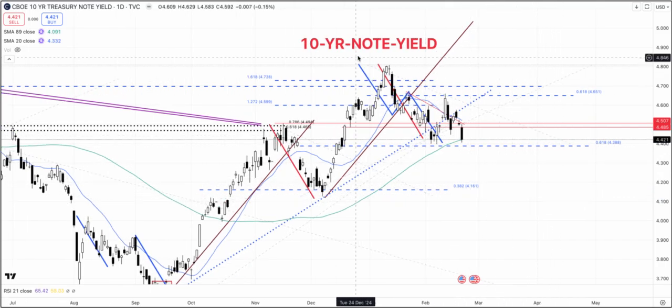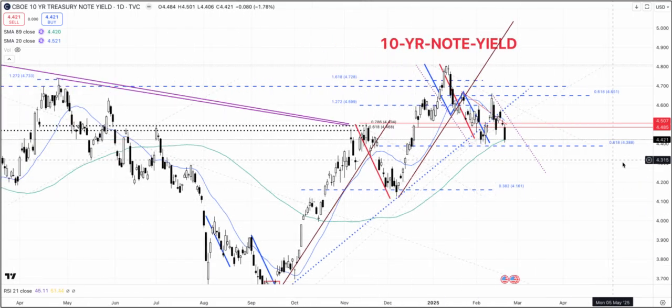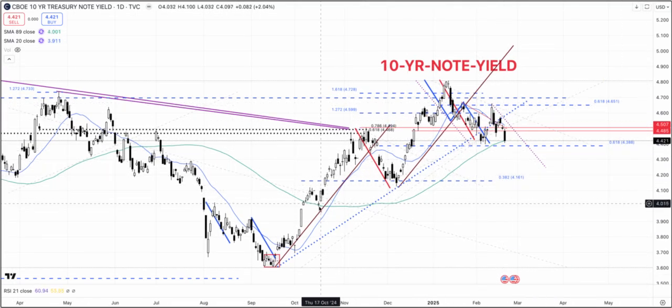Now there's a possibility that we are actually in a bigger ABCD to the downside, so let me actually draw it like this. And this is actually what we have already drawn on our 10-year treasury note chart on the futures. So we could see the yields actually move lower if this 61.8% retracement is broken to the downside. But you can see this trend line was broken right here, but we can still see that the yields actually put in higher highs and higher lows with respect to this low, with respect to this low, this one to this low. But once it breaks this pattern, then things are changing.